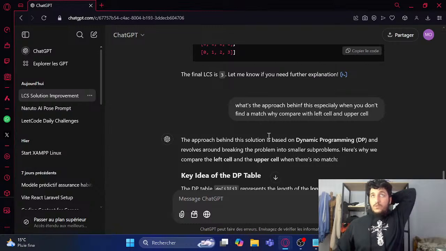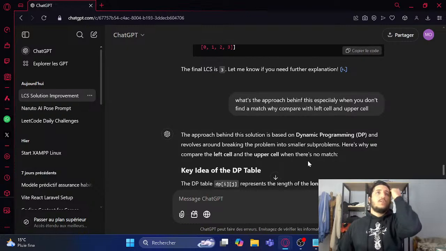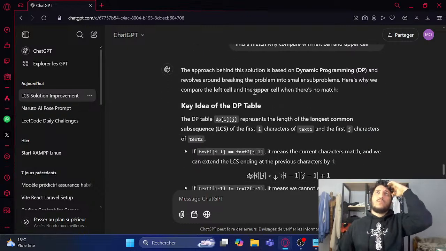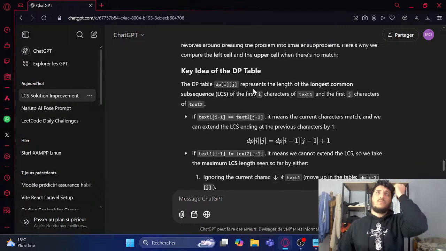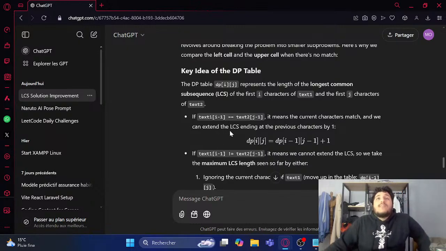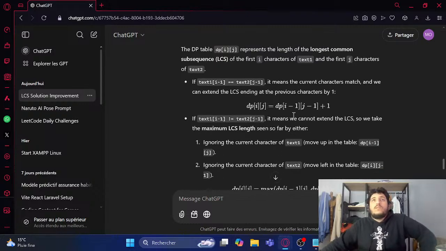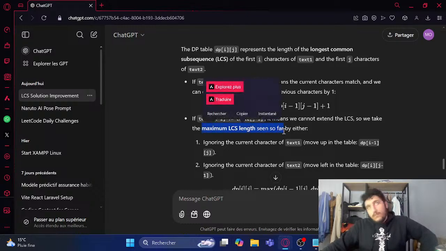The approach behind the solution is based on dynamic programming and revolves around breaking the problem into smaller subproblems. That is why we compare the left cell and the upper cell when there is no match. The key idea of the DP table: it represents the length of the longest common subsequence of the first i characters of text one and the first j characters of text two. A match means the current characters match, and we can extend the LCS ending at the previous characters by one. If they don't match, we cannot extend the LCS, so we take the maximum LCS so far,